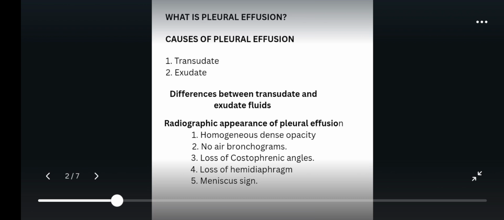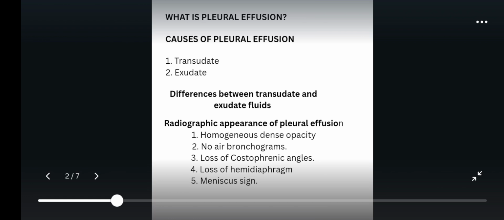But knowing the type of fluid is important in the management of the patient. Transudate is a filtration of blood due to pressure changes, while exudate is a leakage of fluid from damaged or inflamed blood vessels. Transudates are primarily composed of fluid, while exudates contain fluid, proteins, and cells. So you see, it's easier when you get the aspirated fluid, when you're aspirating the pleural effusion. It's easier to identify which one is which when you do